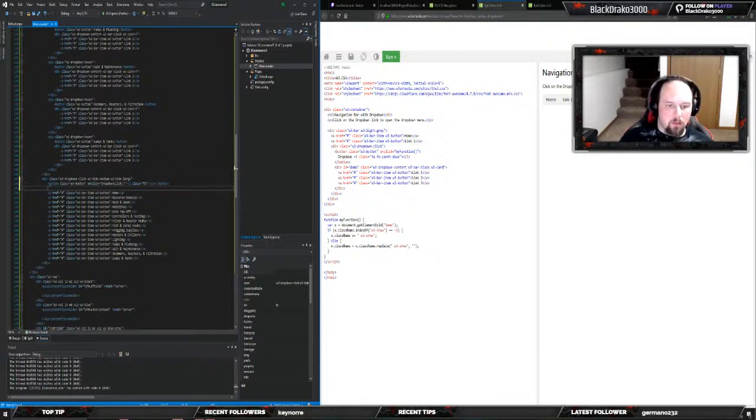So from here we need div id equals small navigation class equals drop down content. Whoops, I messed that up. There we go, drop down content